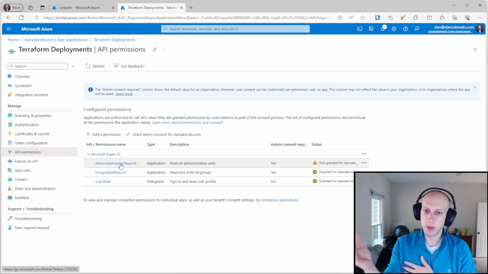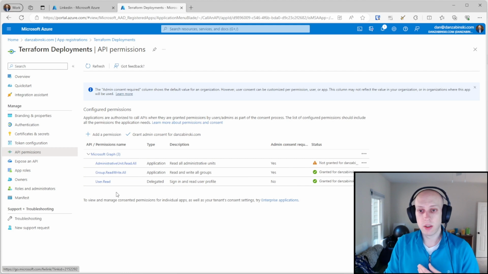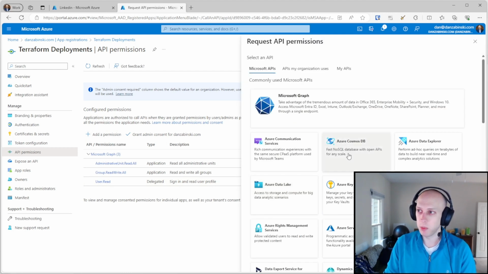Obviously, Terraform needed to be able to read the administrative unit to know it had rights to it. So those are permissions I have. If I wanted to grant Terraform the ability to create users, you'll notice right here it only has user read listed as a permission. I can go in here to my app registration, I can click add a permission, and